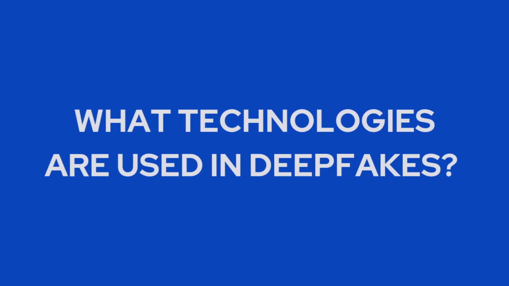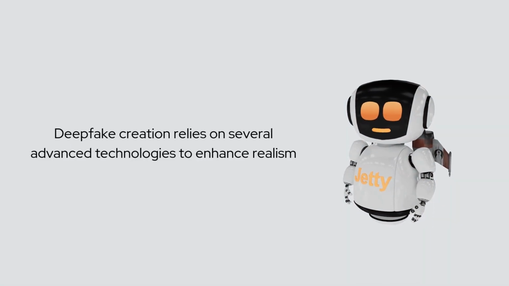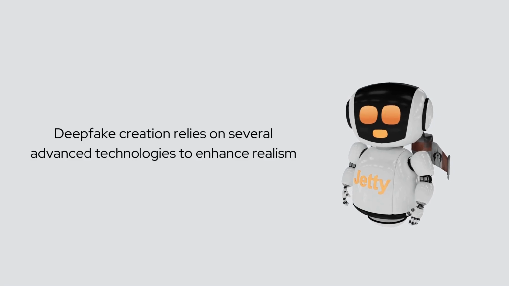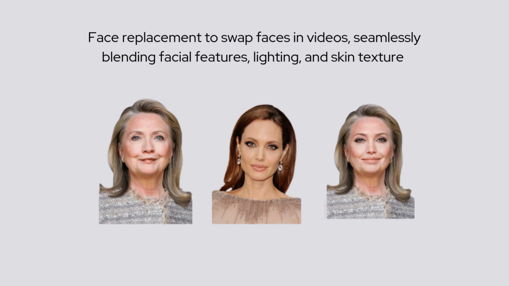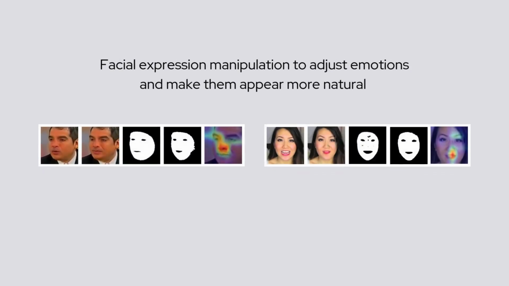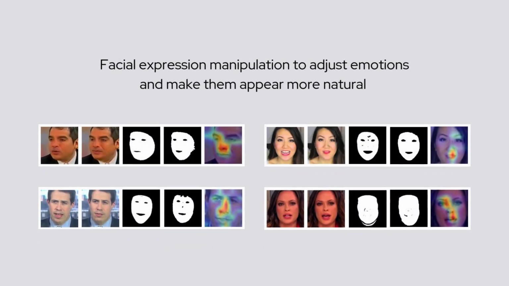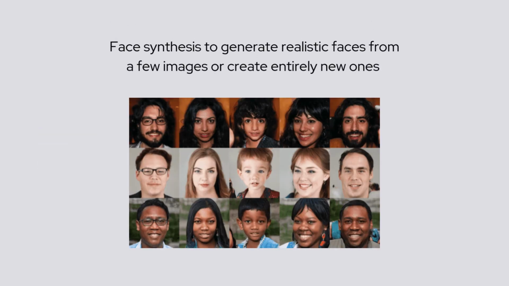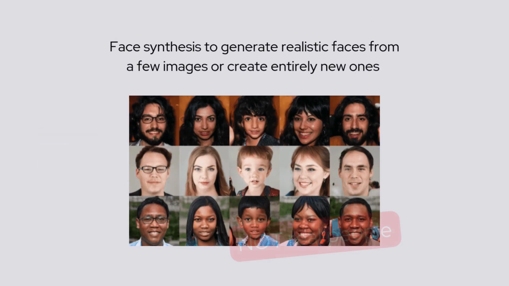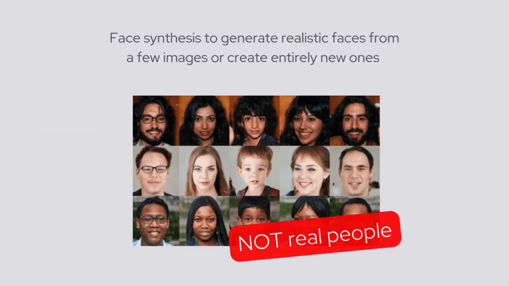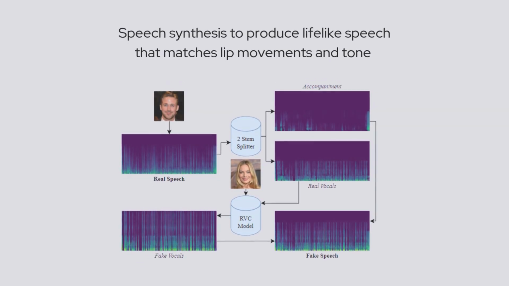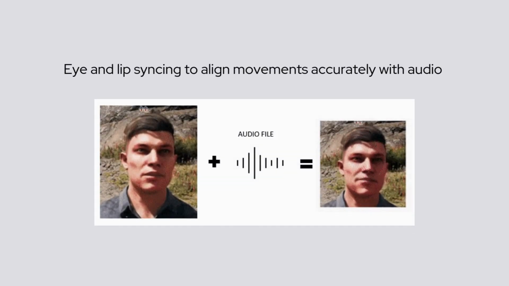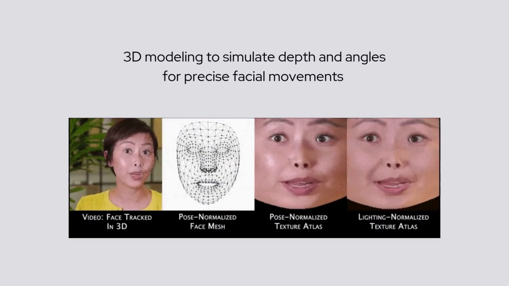What technologies are used in deepfakes? Deepfake creation relies on several advanced technologies to enhance realism, including face replacement to swap faces in videos, seamlessly blending facial features, lighting, and skin texture, facial expression manipulation to adjust emotions and make them appear more natural, face synthesis to generate realistic faces from a few images or create entirely new ones, speech synthesis to produce lifelike speech that matches lip movements and tone, eye and lip syncing to align movements accurately with audio, 3D modeling to simulate depth